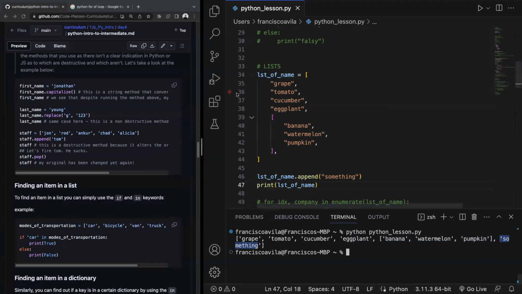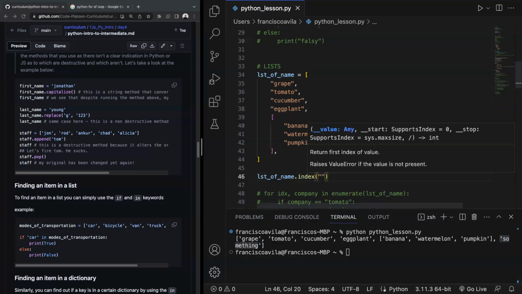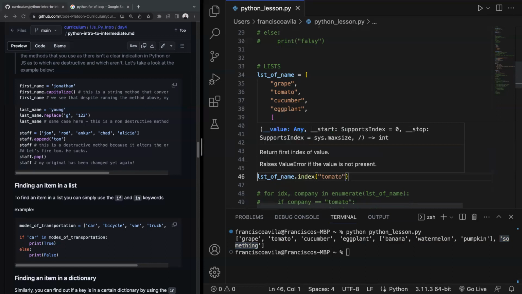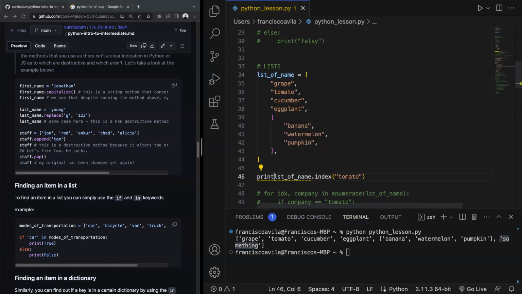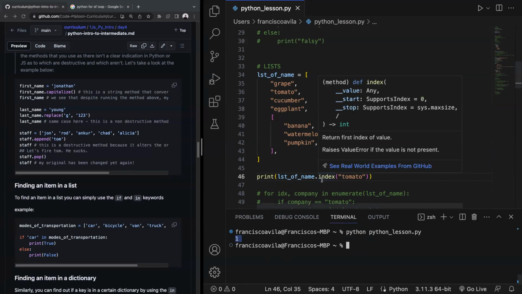If I wanted to find something inside of my list, let's say I just wanted the index, right? Well, I can do index, and let's say I wanted the index of tomato. Well, I can just print this. And now we see that it returns to me the index where tomato is located. And what's actually happening in this function